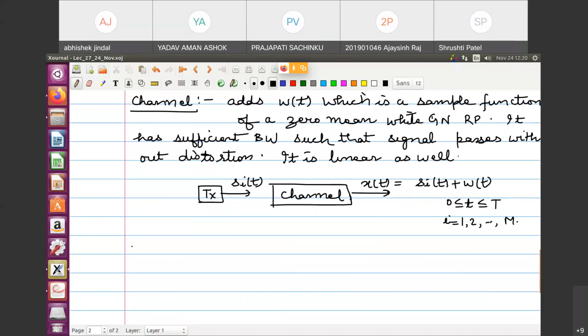So at the receiver, what will happen? I think I have already written it above, but let me write it down more clearly here. So observe the received signal x(t) for a duration of T seconds,